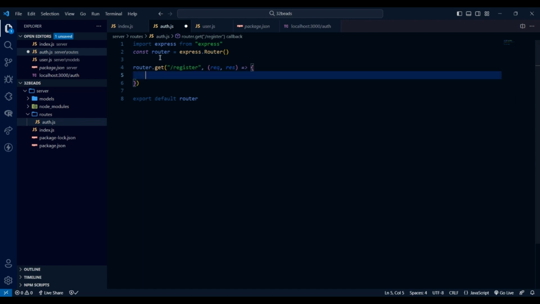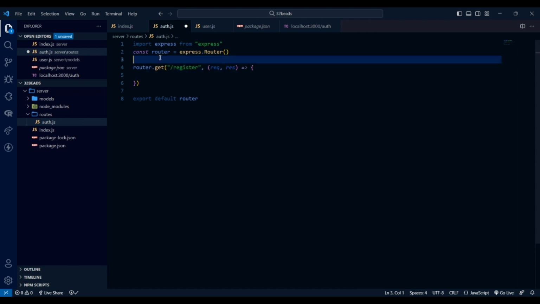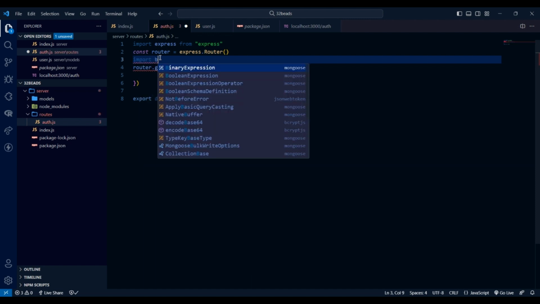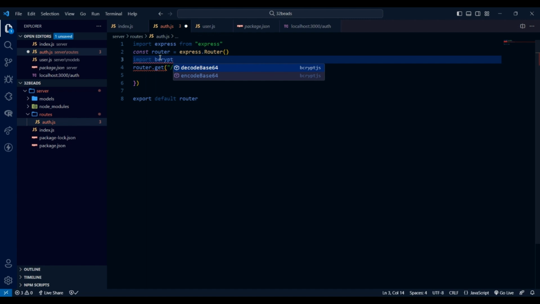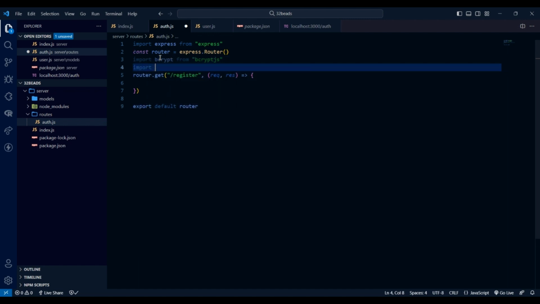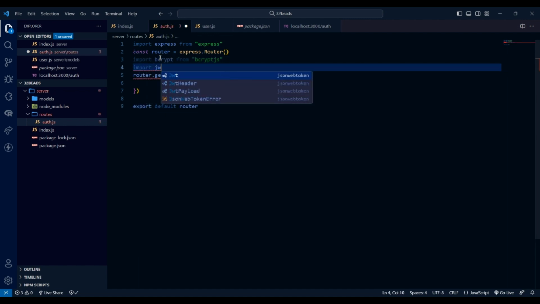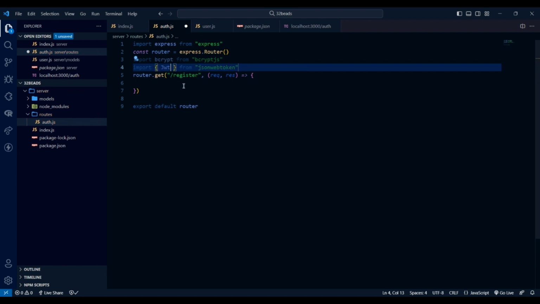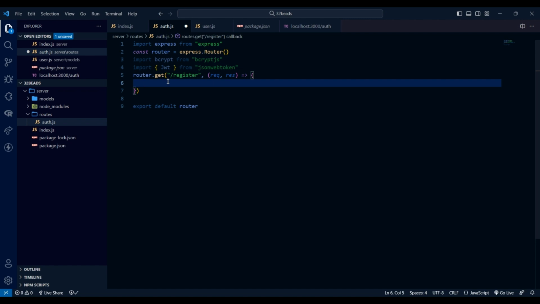And since we are over here, we also need to import decrypt from decrypt.js. Okay. We also need to import JWT from JSON Web Token. Then we will say,